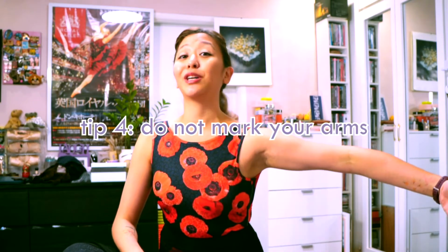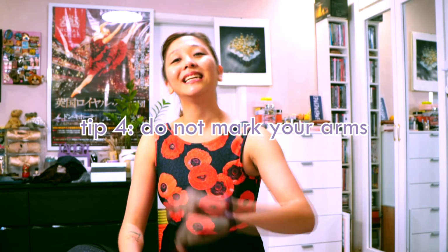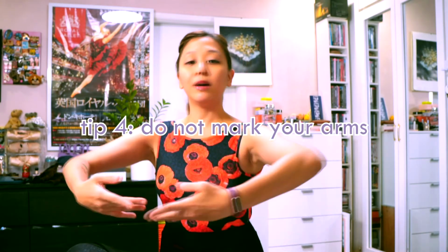A next tip would be, if you're marking your steps, do not mark your arms. My teacher would always note this to me, and I still do this until now. If I'm taking a class, I would never mark my arms. It's always a good idea to do your arms full out, even if your legs are just marking, that's fine. But everything else, you can move your upper body better, you know, or let's say plie,